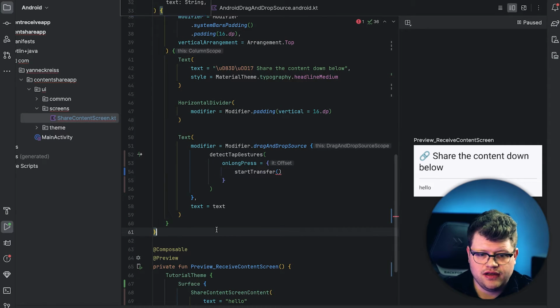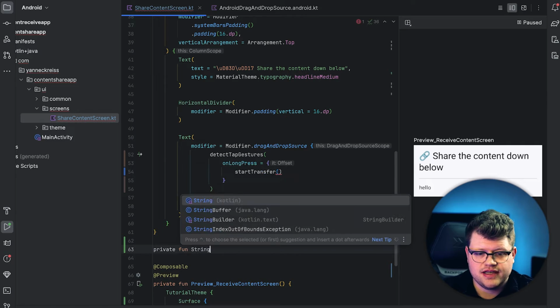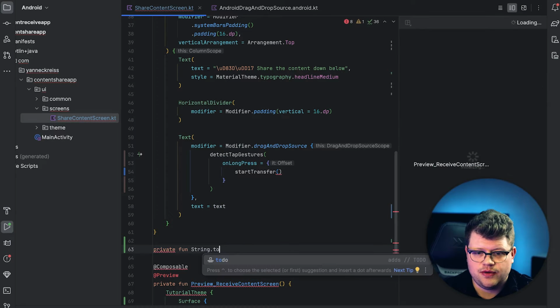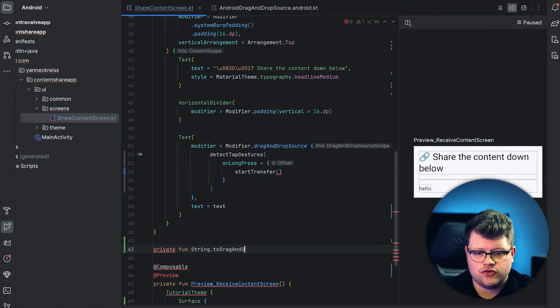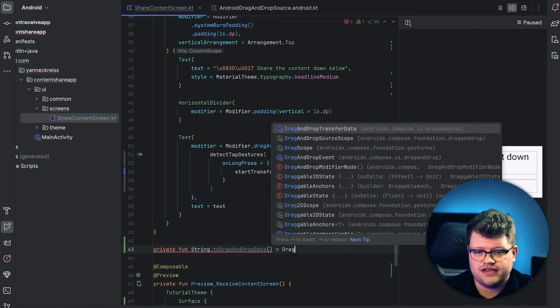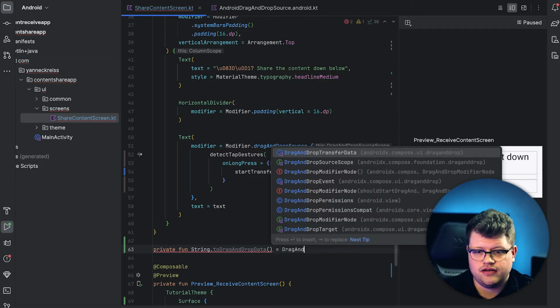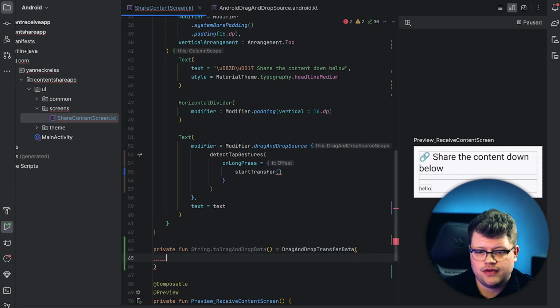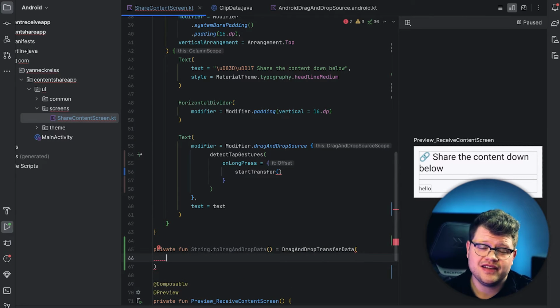Now let's quickly create a small extension function on string, and we say to drag and drop data, and now we can instantiate drag and drop transfer data. And now we need to provide a clip data. You might already know it from other parts of Android. So when you, for example, copy text, it also gets saved in the clipboard. So let's say clip data,